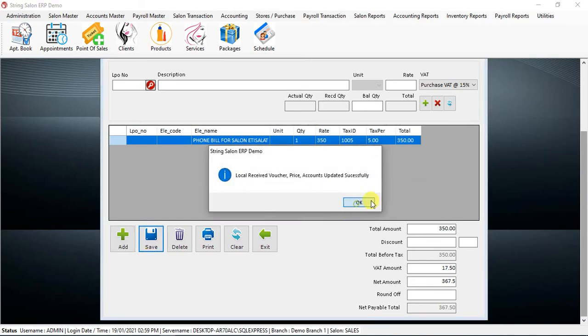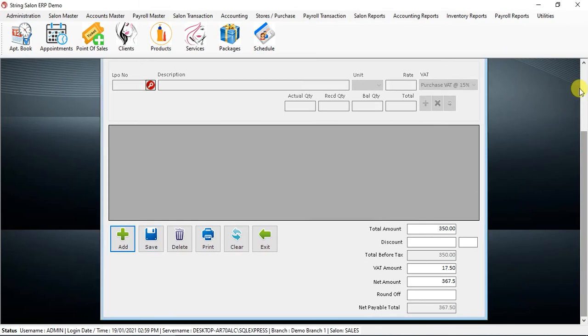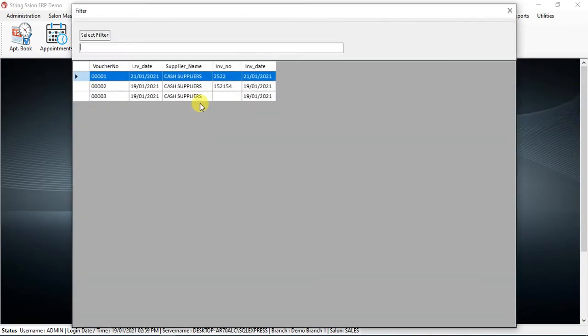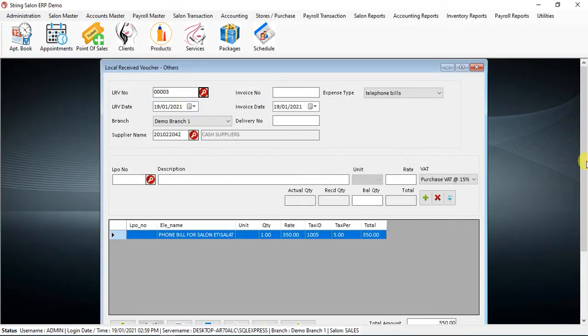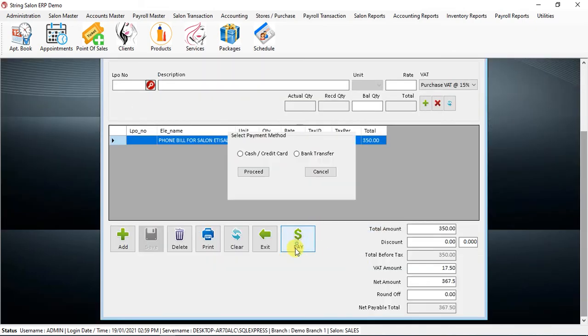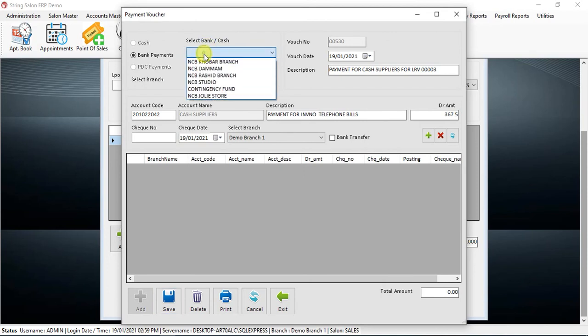And if you paid that bill by bank transfer, you can very well mention that it is through a bank transfer. Bank transfer, proceed. Then you need to select from which branch.